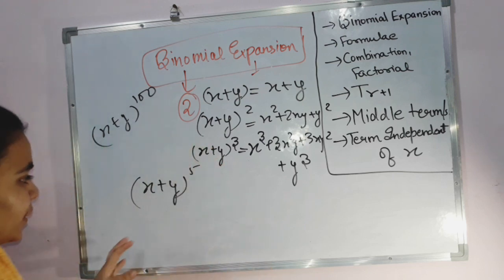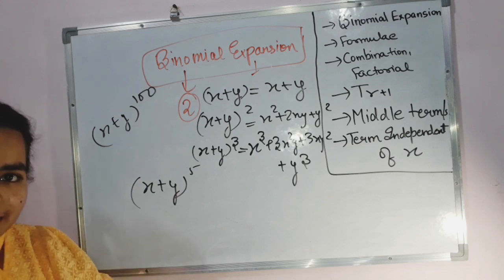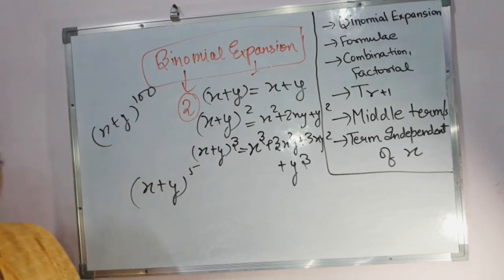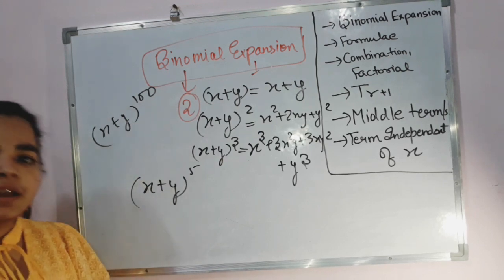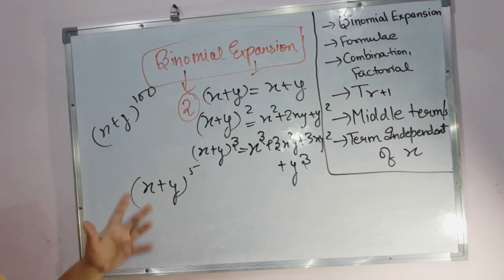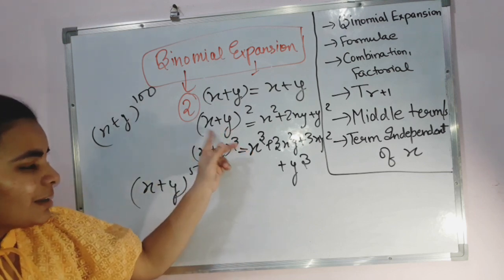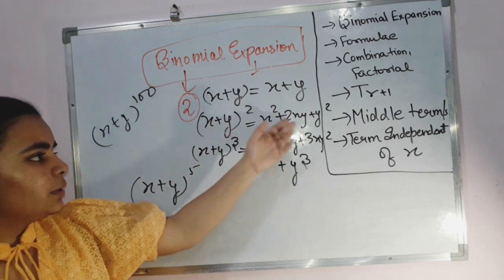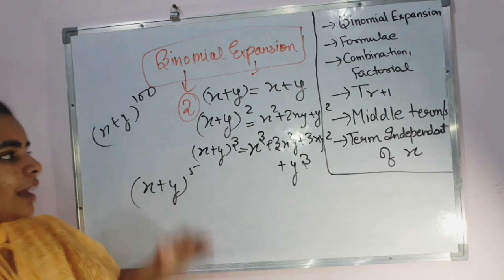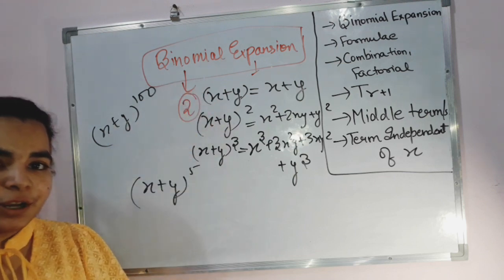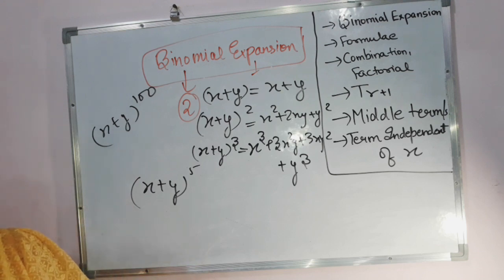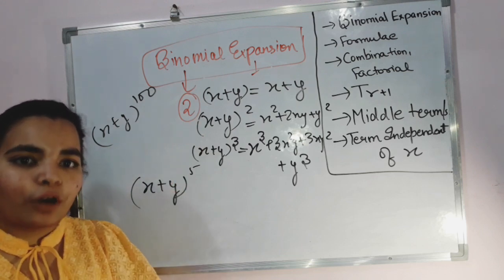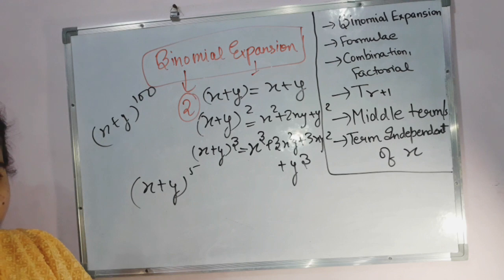And in this particular chapter, we are going to see how to expand these two terms when the powers to which they are raised are very big. Or even if they are not very big, there must be a certain formula by which we can expand them. How can you simply say that x plus y whole square is equal to this? That we are going to see, by our observations only. In the previous video we also saw inequalities and all by observations. Here also we will be observing things and we will reach a certain formula so that you don't have to learn it.